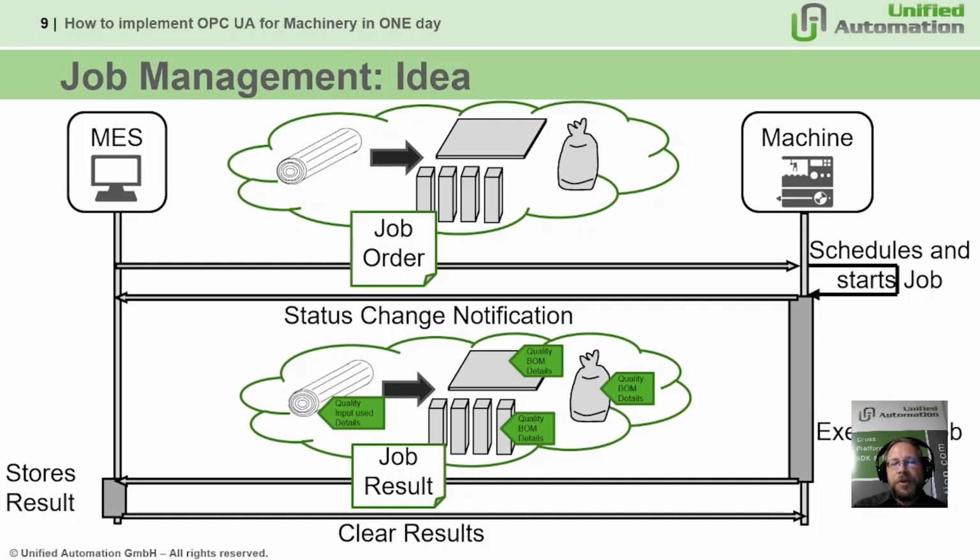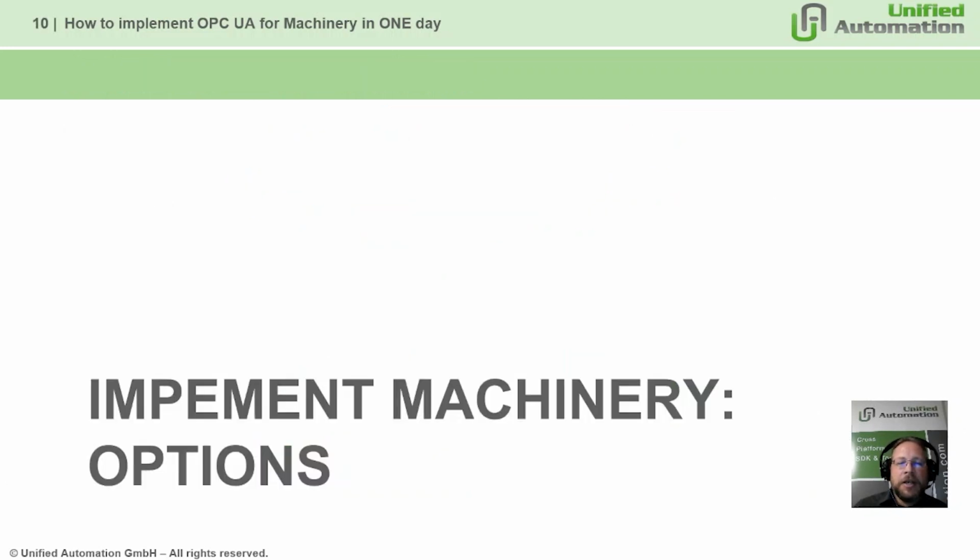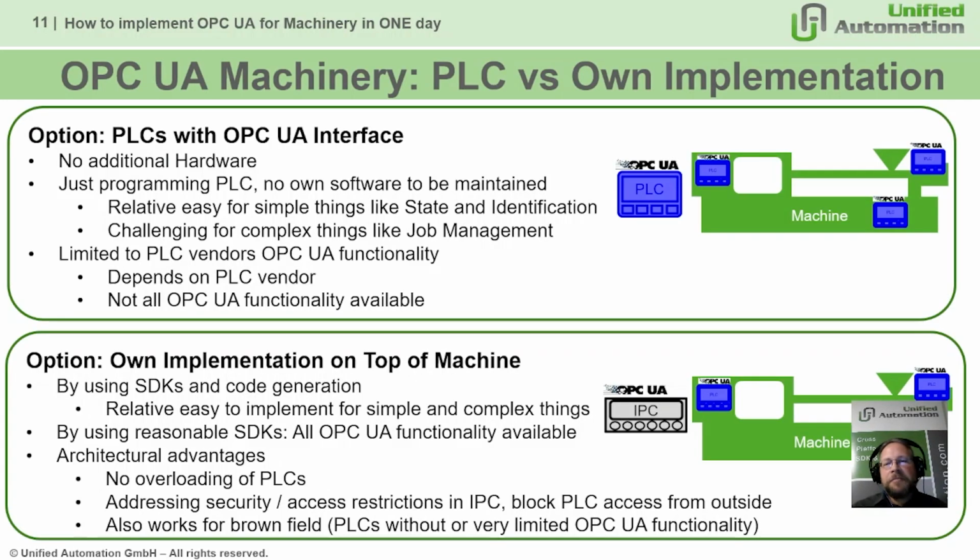When you want to implement the machinery specification, there are different options. Two high-level options, of course, there are variations of this. The first option I captured here is you implement the machinery specification in a PLC, so a machine has one or several PLCs, and